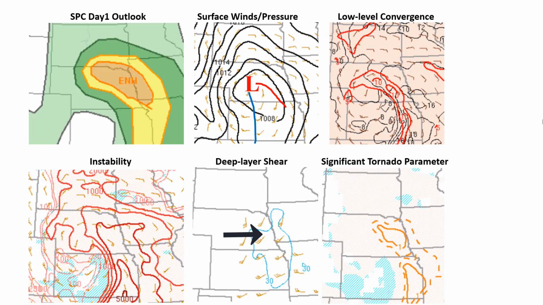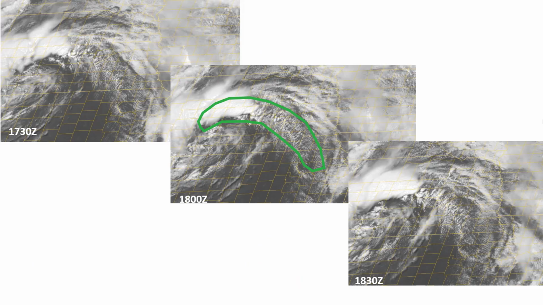There was an axis of surface convergence along the warm front that would support initiation of severe storms during the afternoon, with not much support for storm formation further north and east away from the warm front. By 18Z, visible satellite imagery showed deepening cumulus clouds on the north side of the warm front, arcing across central into southeast Nebraska. This was where numerical models were suggesting severe storm initiation would take place.